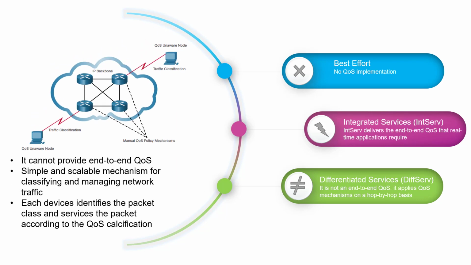We don't get an end-to-end QoS strategy, so you can prioritize one traffic type in the first hop, and when it goes to the second hop, maybe another traffic will get higher priority than the previous one. So you have this dynamic approach to manage your traffic within large network implementations. Therefore, you have flexibility and scalability in the differentiated services QoS model.